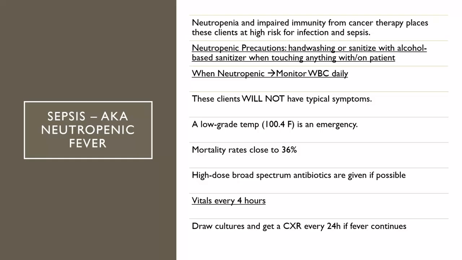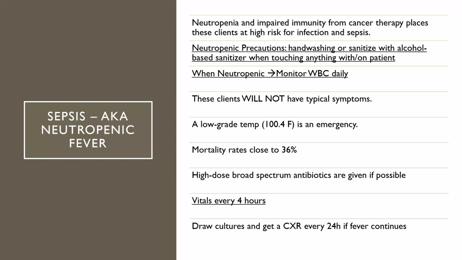That's going to be an emergency, so a temp of 100.4, emergency. Mortality rates are close to 36% if they go septic. High-dose, broad-spectrum antibiotics are given if possible. Vital signs every 4 hours, and make sure you're drawing your cultures, getting a chest x-ray every 24 hours if